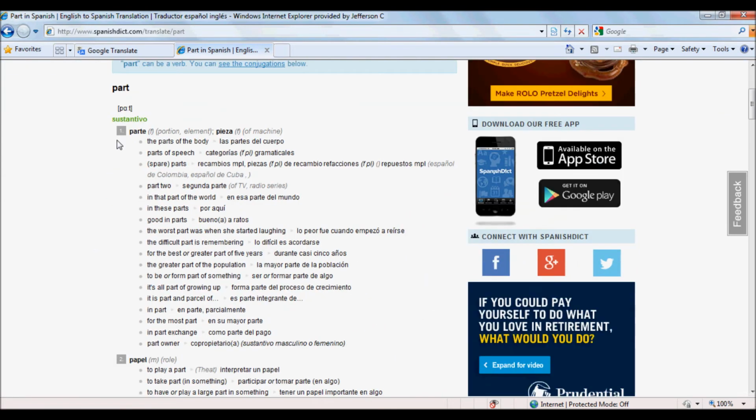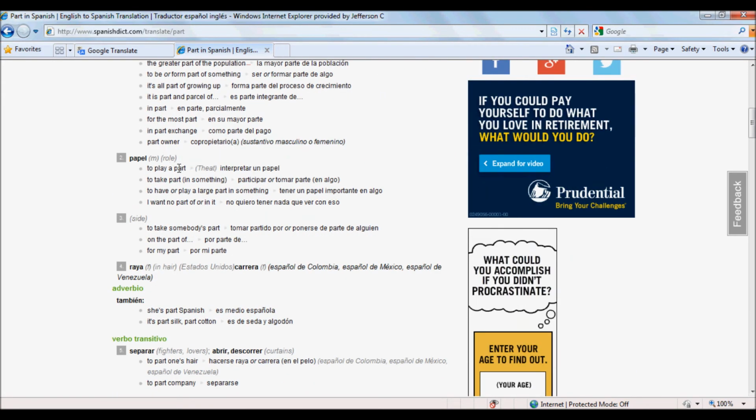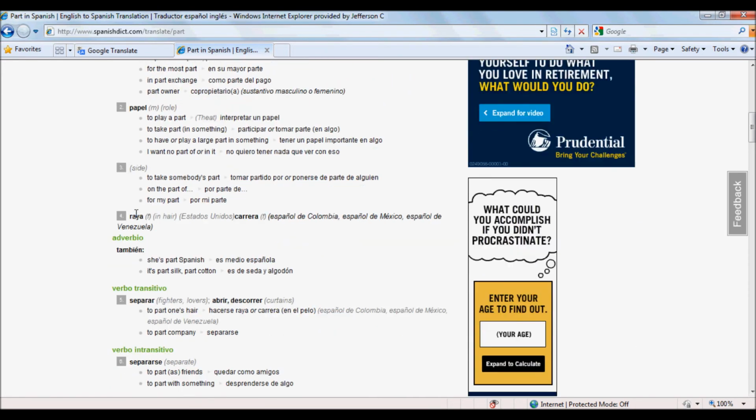But the best part is this, sustantivo. We all know that that should be a noun. So these are the nouns. And for part as a noun, it tells us all these different things that it could be, and it would be parte or pieza of a machine. And then maybe it's a part in a play.